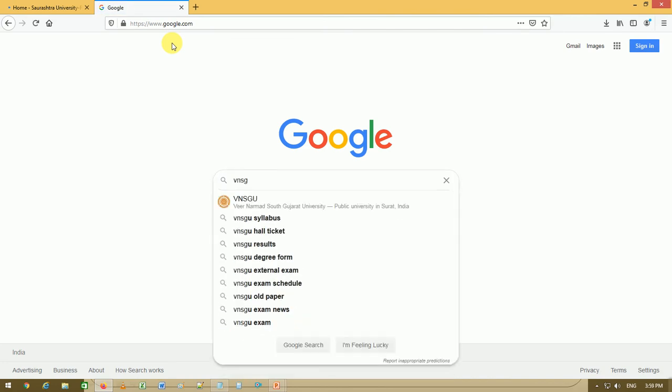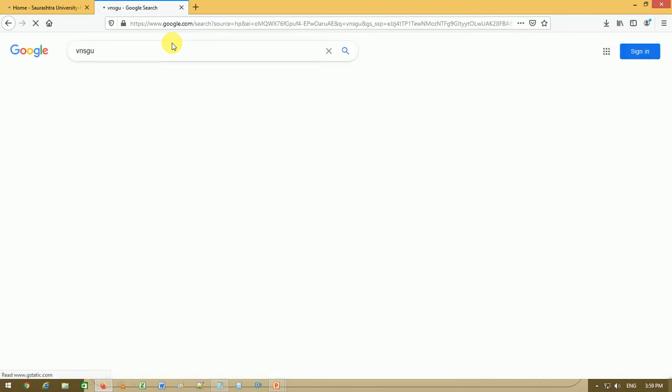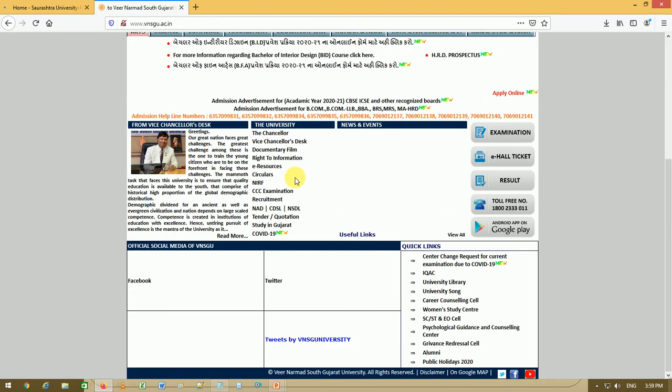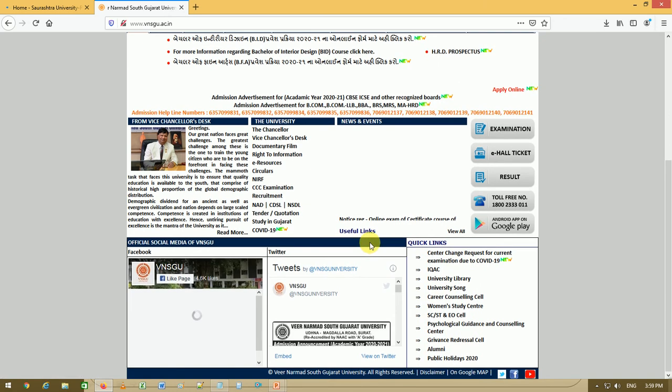If you go to any other government university website, for example, suppose I am going to vnsgu.in, VNSGU, that means Veer Narmad South Gujarat University, and if I open it, it will give some other links as per their requirement. See here,